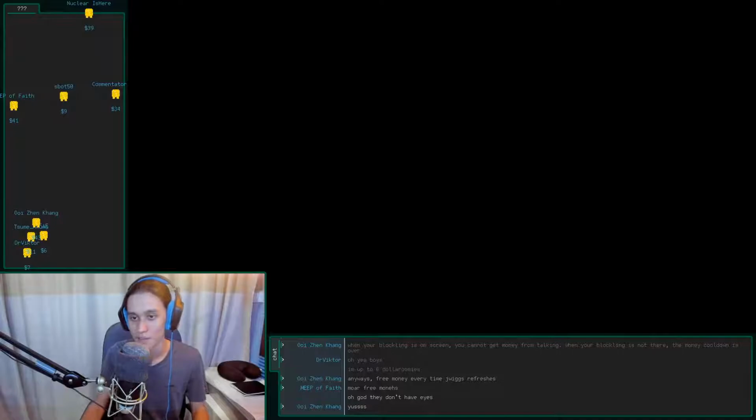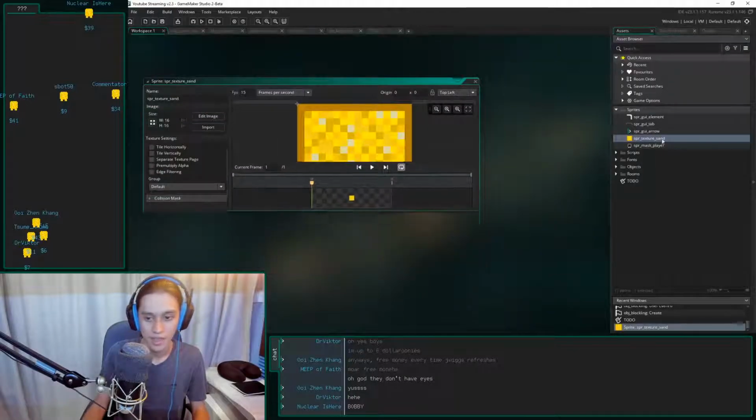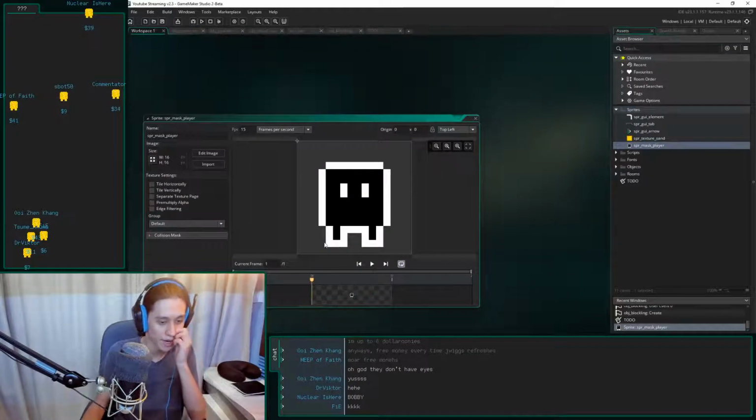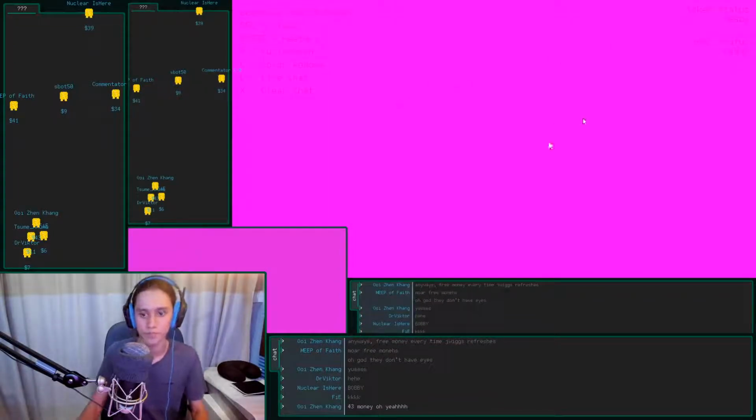Okay, so we have these dudes. The question is, did my black and my white both change? I'm not exactly sure how that worked. Sprites. I think it changed both my black and my white. That's what it looks like. Both of my black and my white got changed. It was not based on the color, even though I can't exactly see. Yeah, it doesn't matter what the color is, it seems.